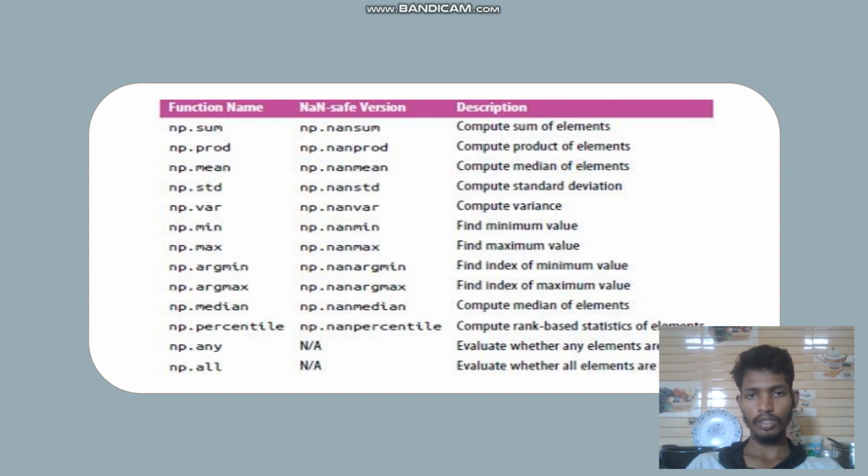np.prod, np.nanprod: compute the product of elements. It gives the product of all the elements in the array. np.mean computes the mean of the elements, np.std computes the standard deviation, np.var computes the variance, np.min finds the minimum value, np.max finds the maximum value, np.argmin finds the index of the minimum value, np.argmax finds the index of the maximum value, np.median computes the median of the elements, np.percentile computes rank-based statistics of the elements,